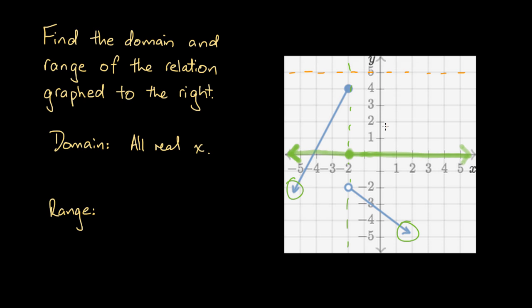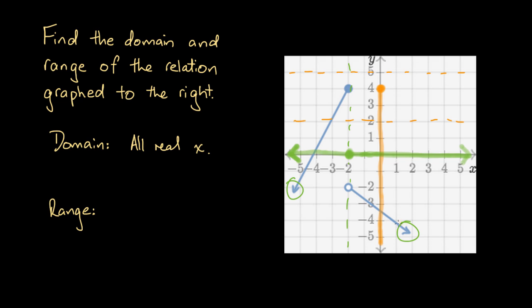However, any y value less than or equal to 4 will be a possible output for this relation. So if we choose y equals 2 and we draw a dotted line, we see that it intersects with this part of this line, which means that if we input the x point x equals minus 3, we would get the output of y equals 2. So projecting this onto the y-axis, we get a point here, a solid point, because this point is solid, and then we'd get a line that extends down